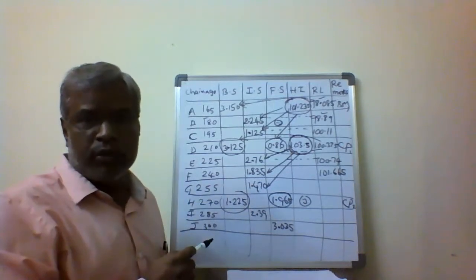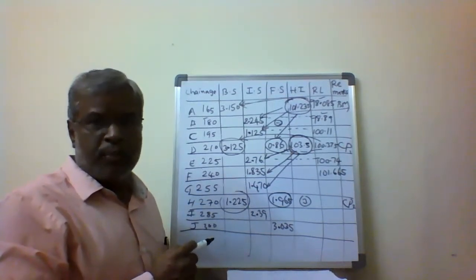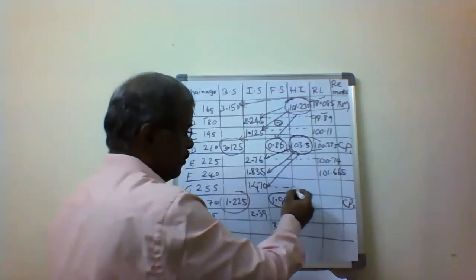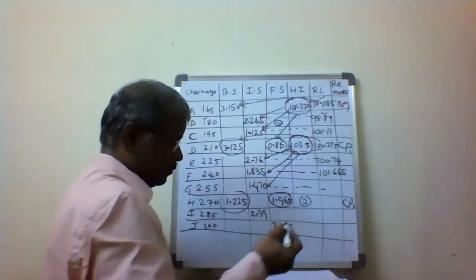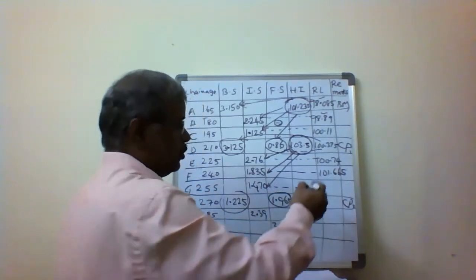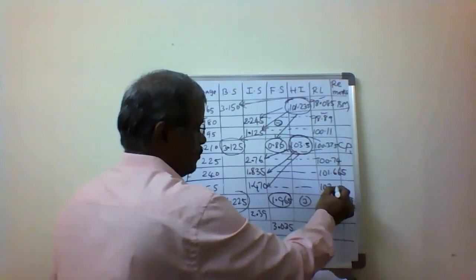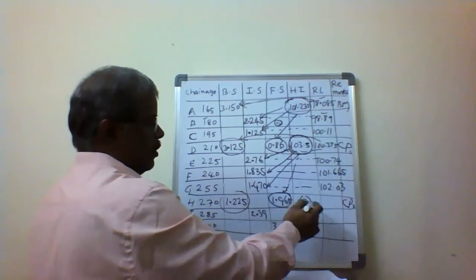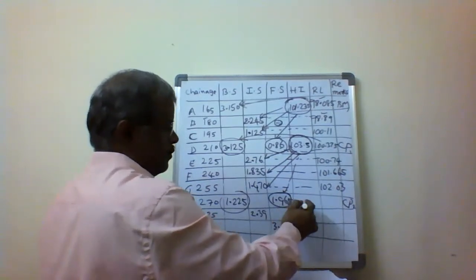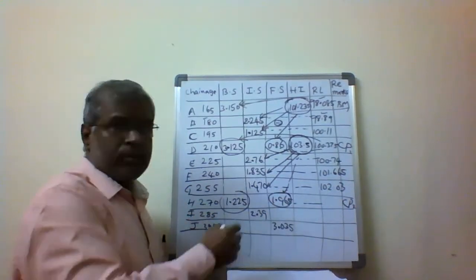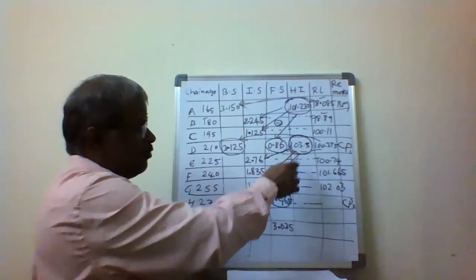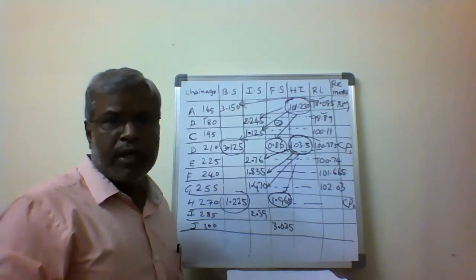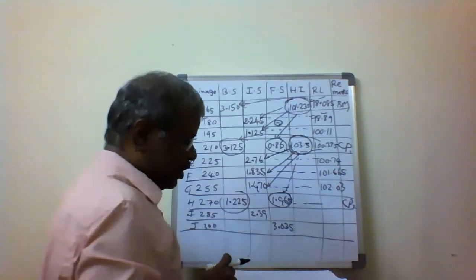One more intermediate side is 1.470. That is the G point. So 103.5 minus 1.470, the elevation of the point G I am able to get is 102.03. Now for the elevation of the point H I want to get, 103.5 minus 1.965. I am able to get the elevation of the point H. Elevation of the point H is 101.535.